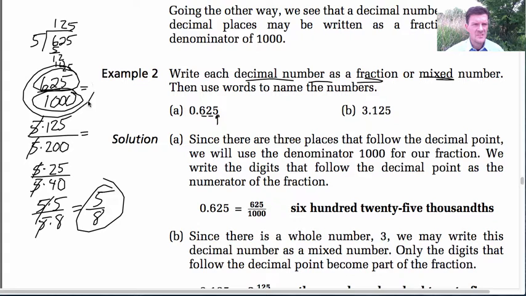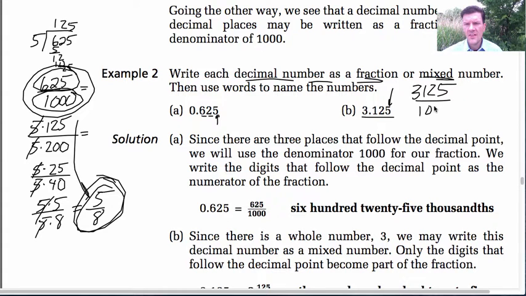Now, originally it was 625 over 1,000. That is what they're looking for. But I also want you to practice reducing all these fractions to get the simplest form. Okay? All right. 3.125, notice it is out to the third decimal place. So 3.125 means